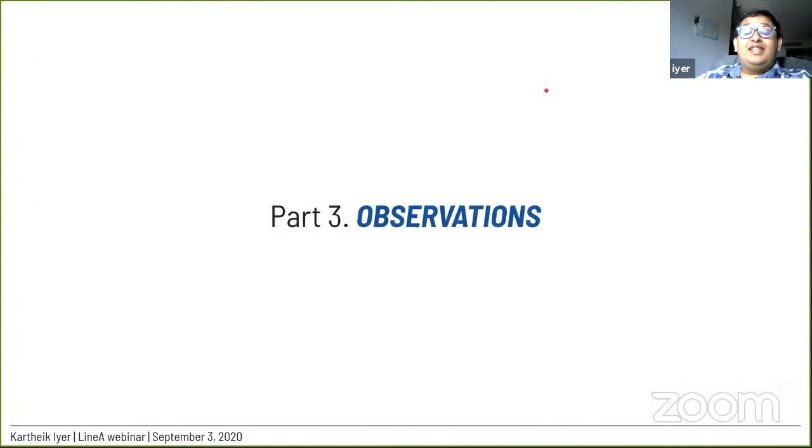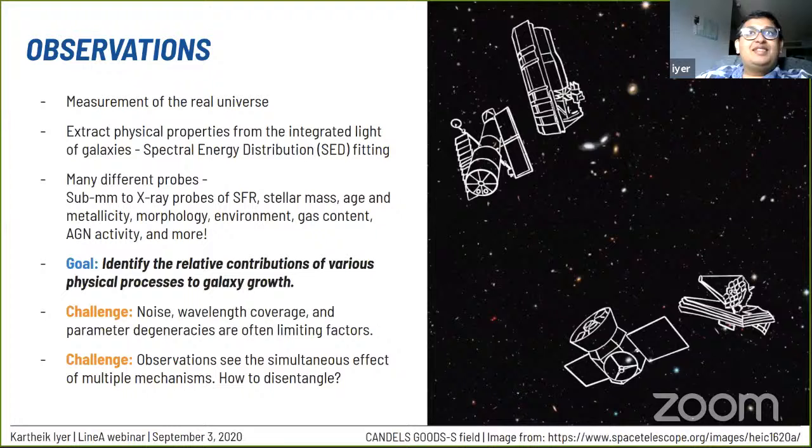Okay. So in that case, now let's go to how we can talk about timescales from the observations. Observations are measurements of the real universe. This is great because now whatever we measure in terms of timescales can be directly tied to physics that's acting in our world. The disadvantage of doing this is you cannot perturb our universe to see what changes. And so this is where we need the simulations to actually tie all of these interlinked timescales to physical observables that we might be able to probe.